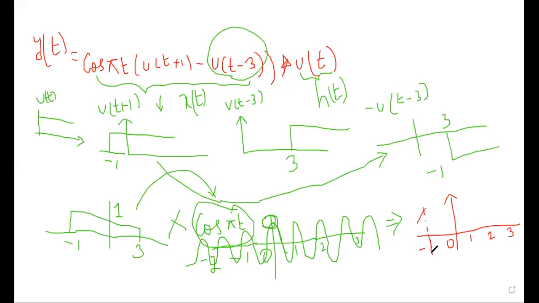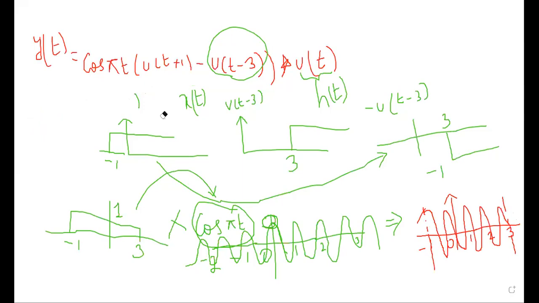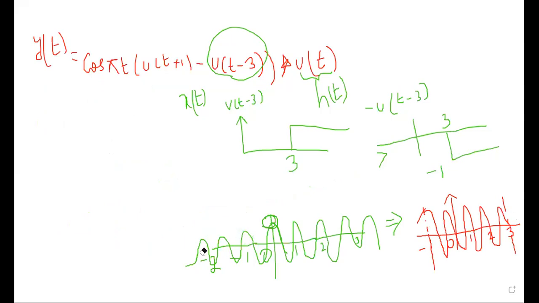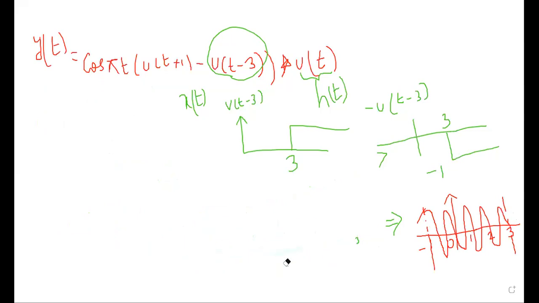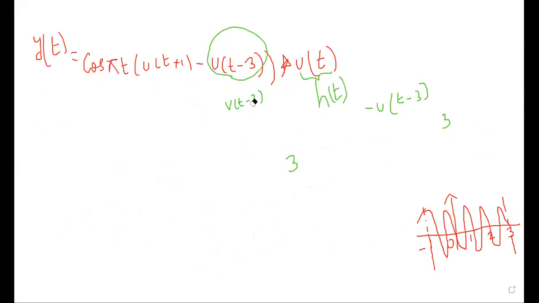So I will draw the dropping line from minus 1 to 3 so that I can show the amplitude should always start at 1. Don't forget that. So I will get the x of t like this. Okay, so I successfully got my x of t. Now, as usual, I have to follow the steps which we have followed in all the earlier problems. To get x of t, we did these many steps because x of t is a complicated term here.